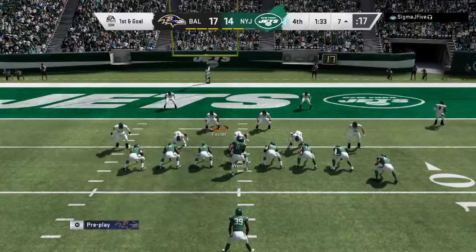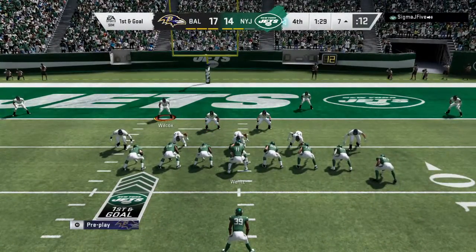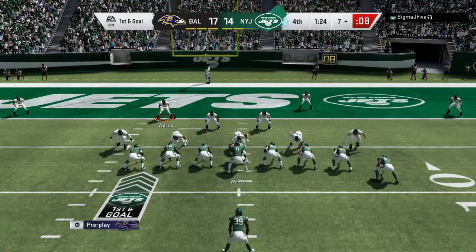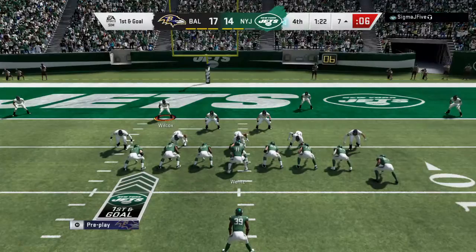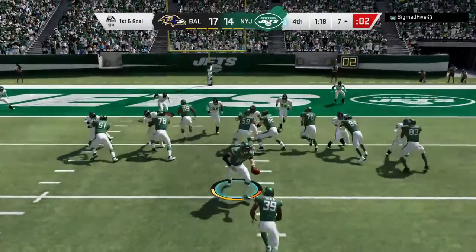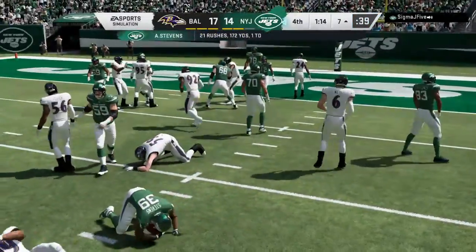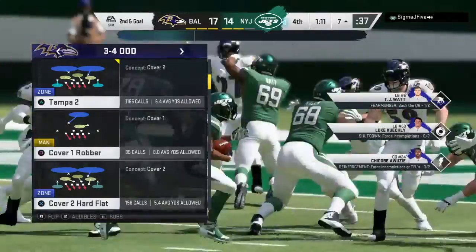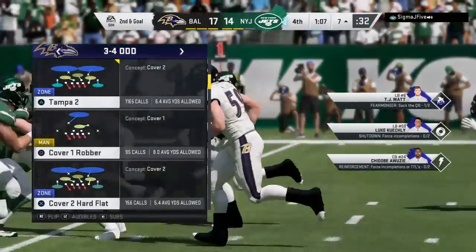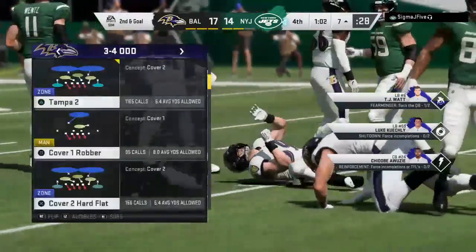Only way to get the lead here, of course, with a touchdown, and that's what they're gunning for on 1st and goal. And to give this time to the tailback. And for one of the few times here today, this run's not going to go anywhere. No gain on the play that time, and it sets up 2nd and goal at the 7-yard